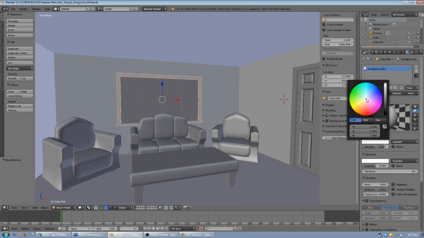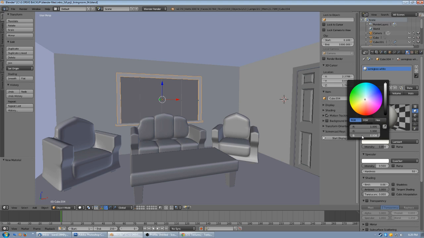And you can see right here there's a dot here in the middle of the colors. So say you wanted a blue color, you could drag that over to the blue. You could drag it down to the red, the yellow, whatever color you want to make it. I'm going to make it white, so I'm going to try to put it right there in the middle again, and there we go. You can also change the RGB colors here